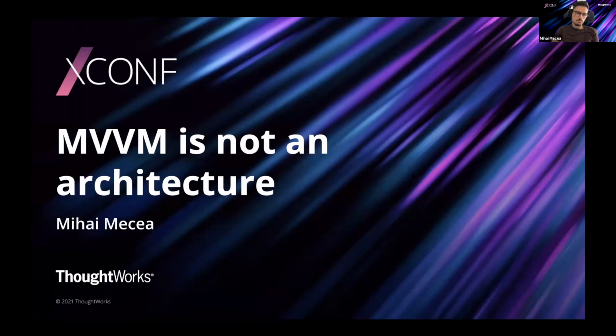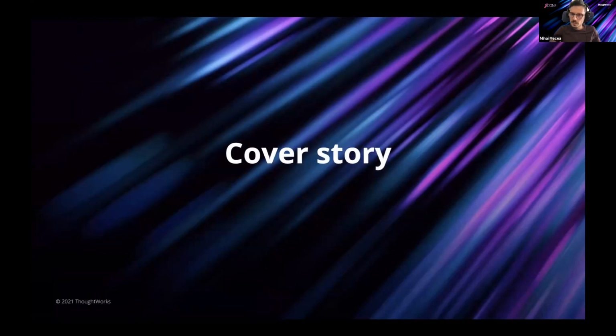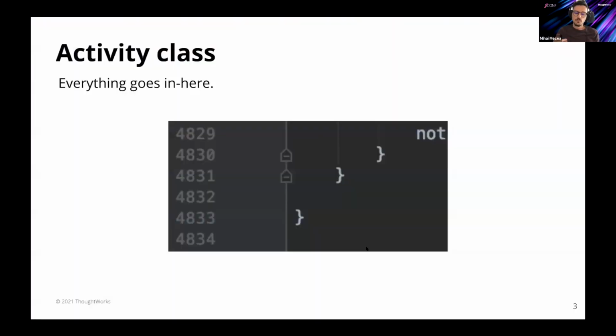We will start with a cover story. Basically, it's a cover story related to how I ended up in this position of actually presenting this to you. When I first started 10 years ago, my classes looked something like this. I got thousands of lines. It wasn't pretty. For Android development, we use this class called activity. It's responsible for a certain screen. So for now, let's say an activity is a certain screen. That's it.